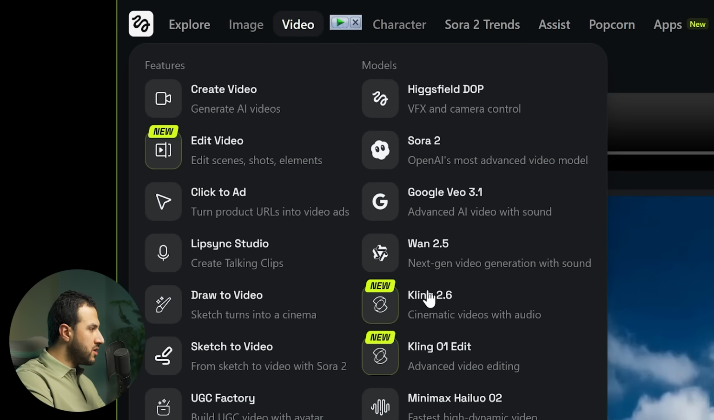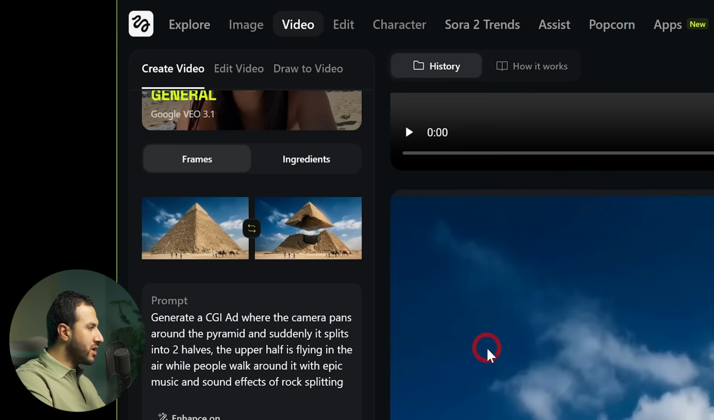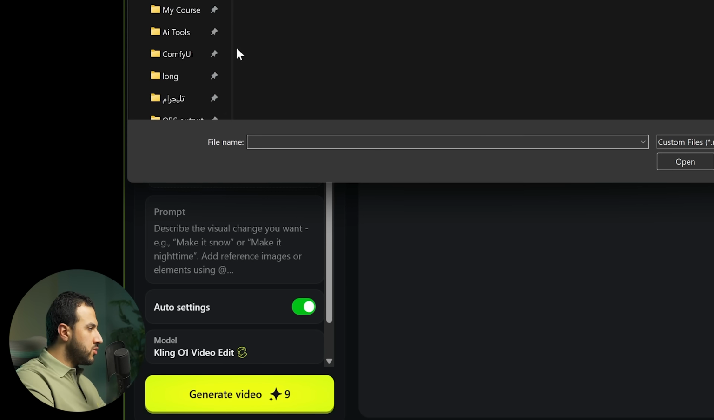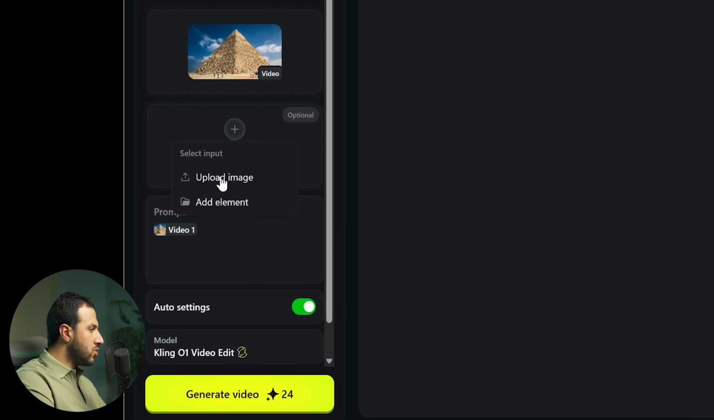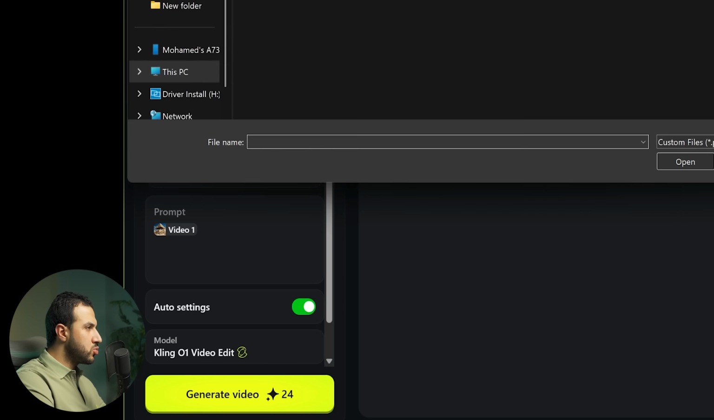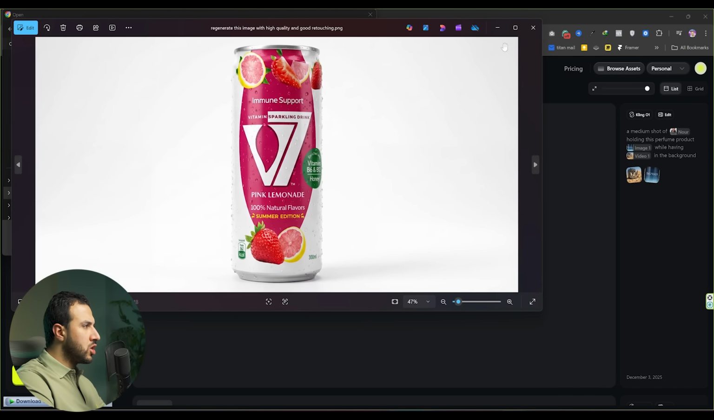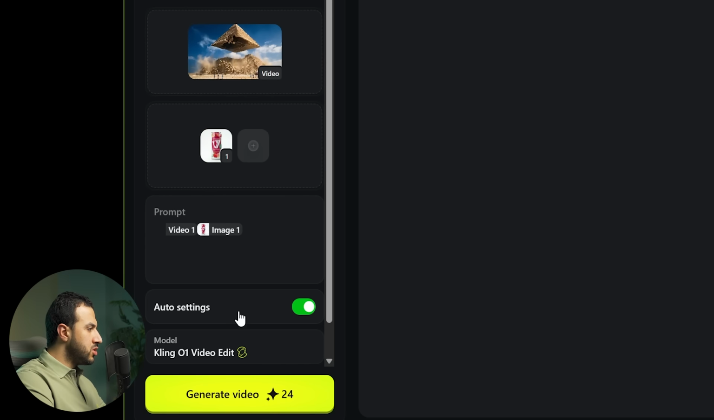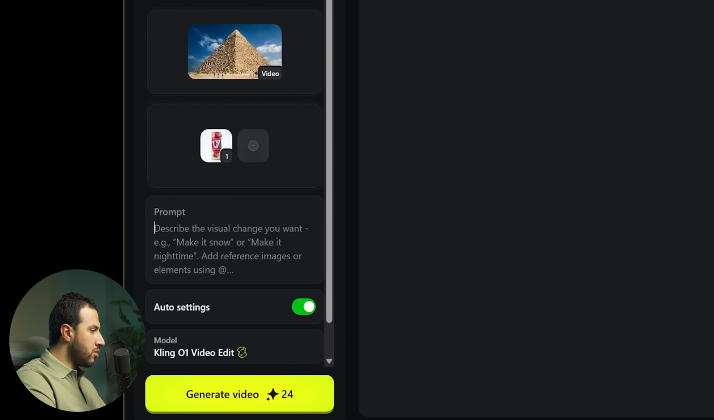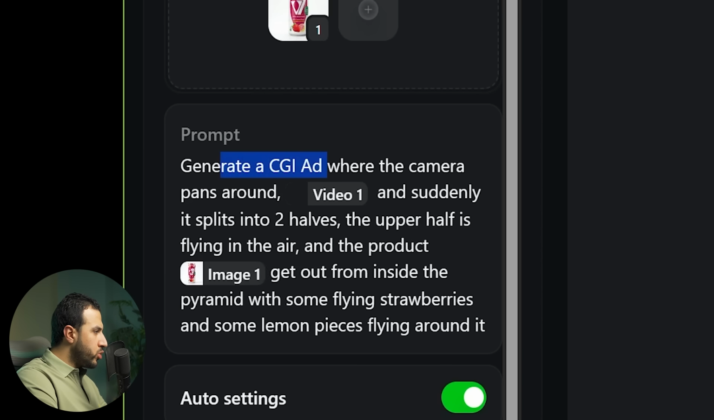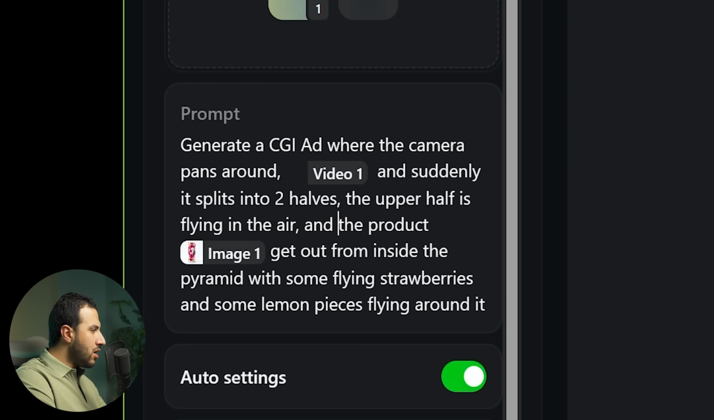So let's get back to video and Kling O1 edit, and let's upload our video here. And in the images I'm going to upload the product image, which is this product shot. So let's just upload this image and let's type this prompt: generate a CGI ad where the camera pans around the video one and suddenly it splits into two halves. The upper half is flying in the air and the product, which is in the image one, get out from